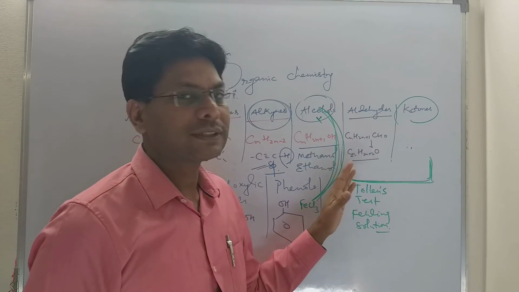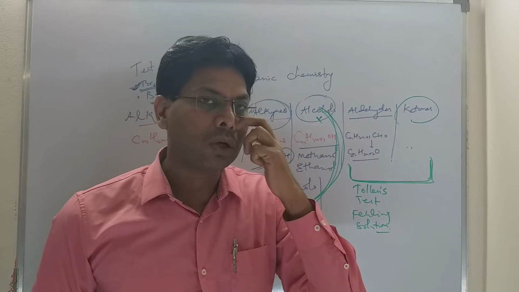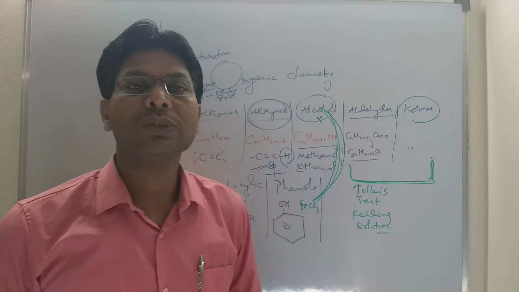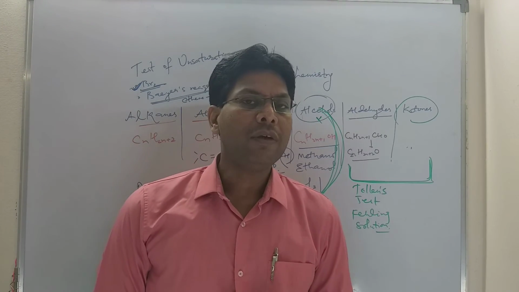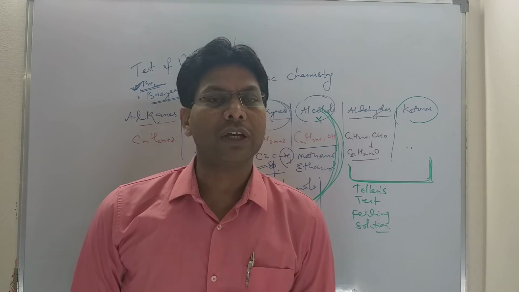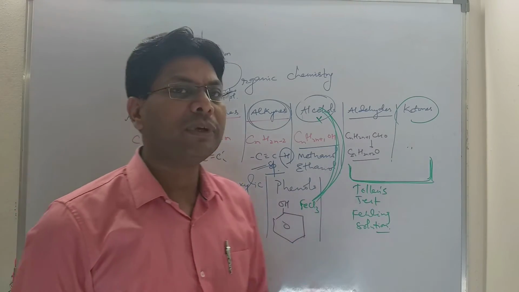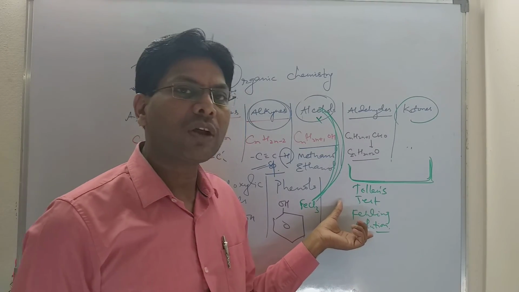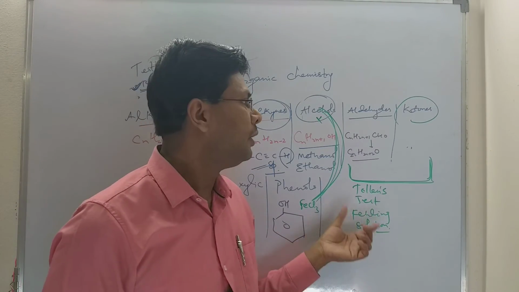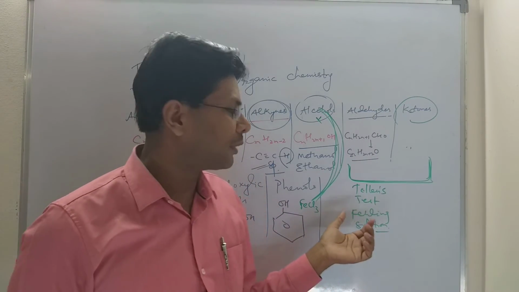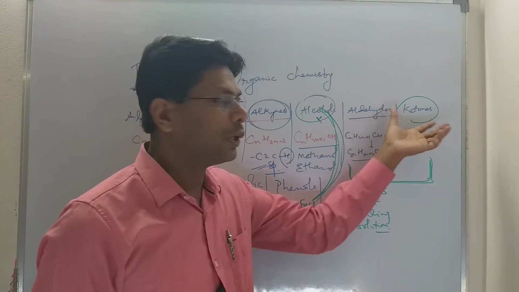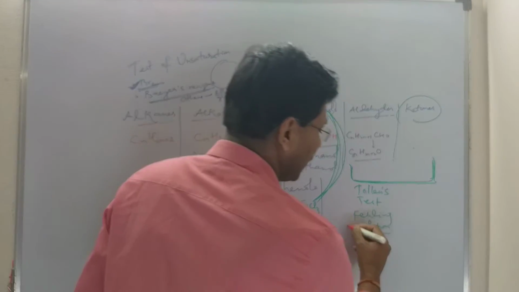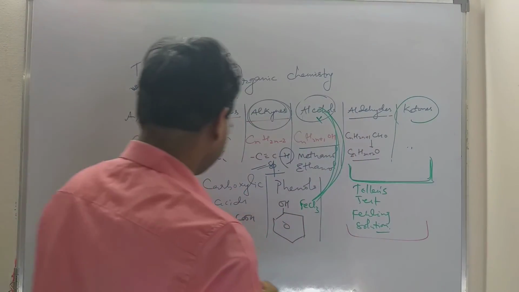During this reaction, the aldehydes are converted into salts of carboxylic acid, or simply you can say carboxylic acid. Fehling's solution is a mixture of Fehling's A and Fehling's B. Fehling's A is aqueous copper sulfate, and Fehling's B is sodium potassium tartrate, which is also called Rochelle salt. An equimolar mixture of Fehling's A and Fehling's B forms Fehling's solution. Aldehydes give a red brick precipitate of Cu2O. Ketones fail to give this test. This way aldehydes and ketones are differentiated.